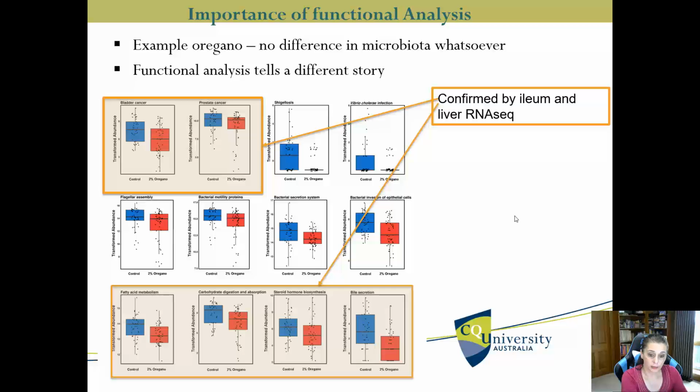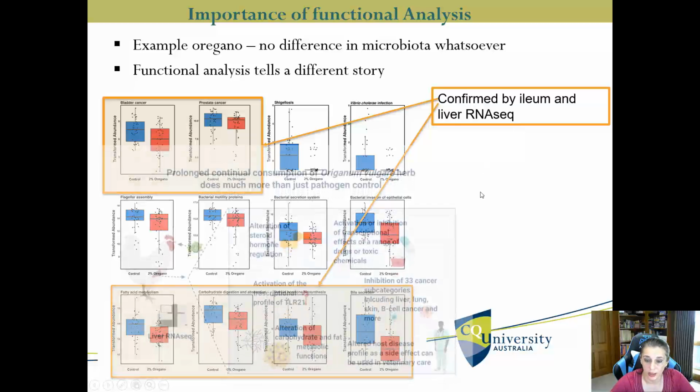In the bird's gut, it reduced, for example, abundance of genes involved in fatty acid metabolism or carbohydrate digestion or steroid synthesis. It did exactly the same thing in ileal cells and in liver cells. It reduced genes in microbiota that are involved in bladder cancer or prostate cancer. It did the same in the person, or in this case in chicken. And this is